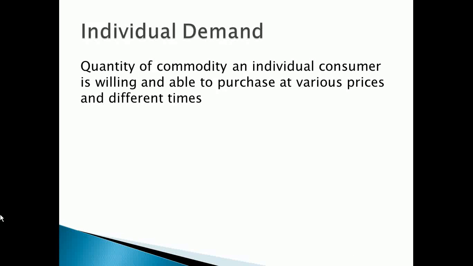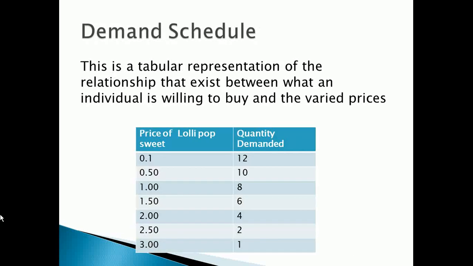Which shows when the price is high, the individual is willing to buy fewer quantities, and when the price is very low, the individual is willing to buy a high quantity. This can be expressed using a demand curve, and a demand curve is a graphical representation of that tabulated demand schedule. On this graph, we are going to see different quantities that this individual is willing to purchase at different prices. And that is why we see the demand curve sloping downward. The demand curve sloping downward shows the negative or inverse relationship between the two variables, and the two variables are price and quantity.